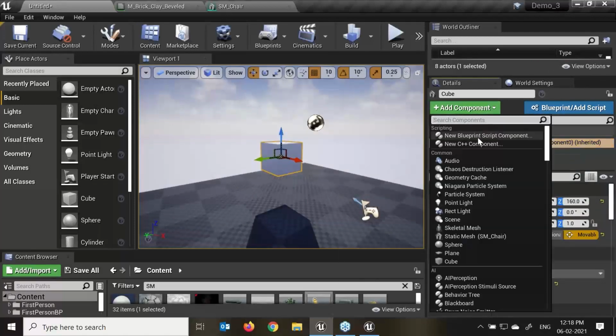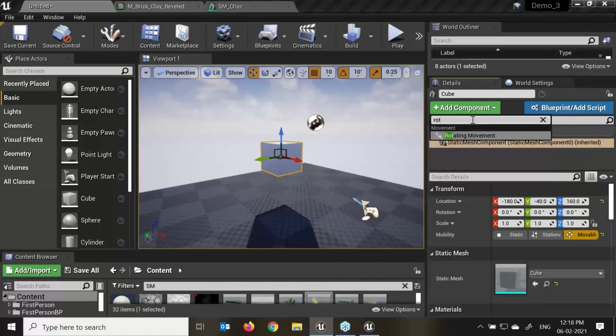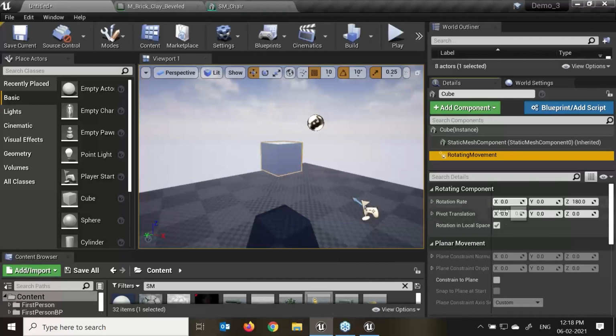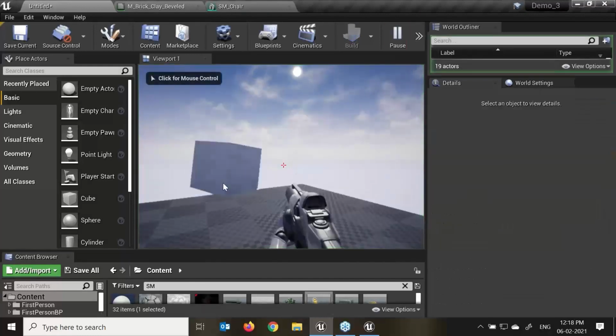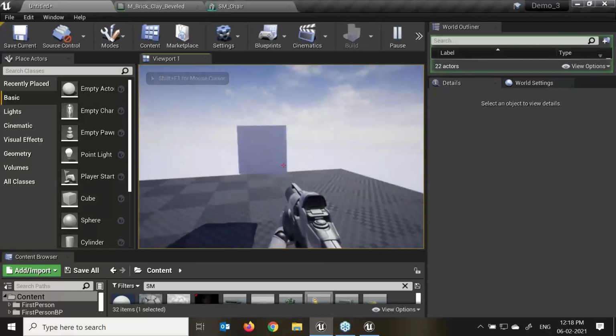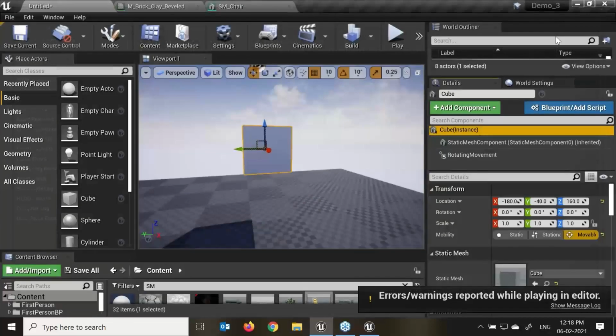I had not added the add component, this time I'll add the rotating movement. This is my static mesh and this is my rotating. Pivot translation, I'll make this 20. This is 180. Let's play this. Here you can see it automatically has rotation movement.